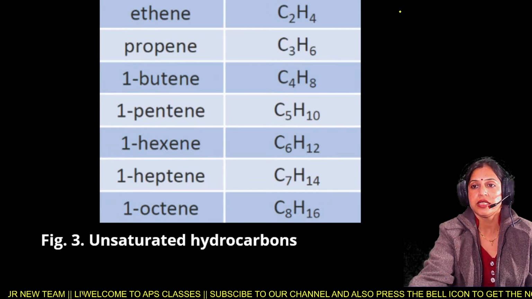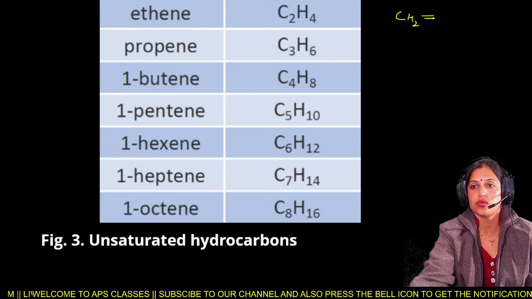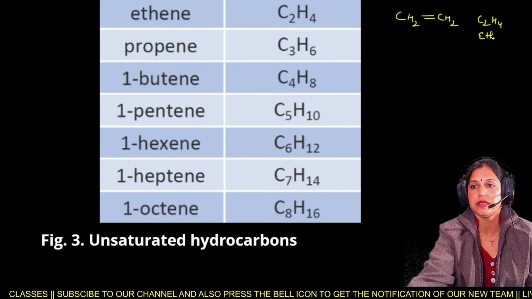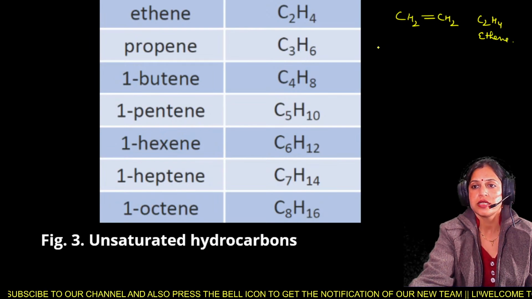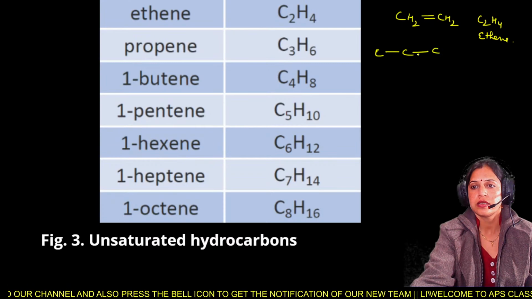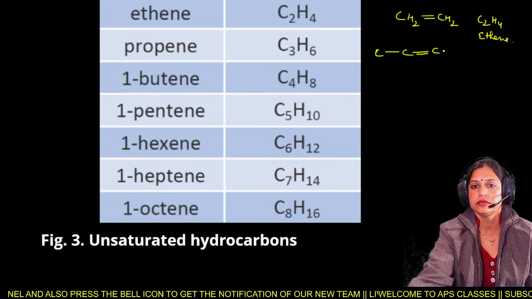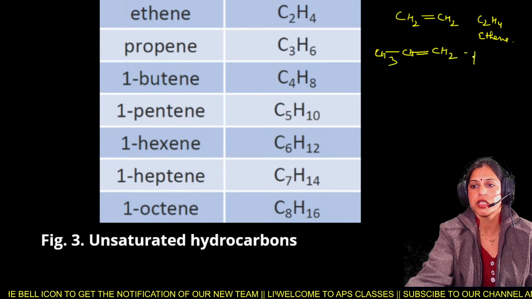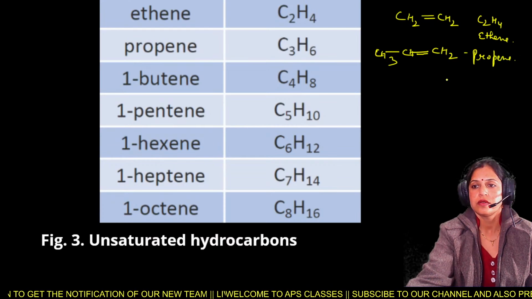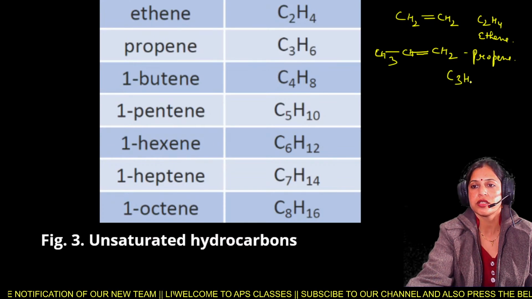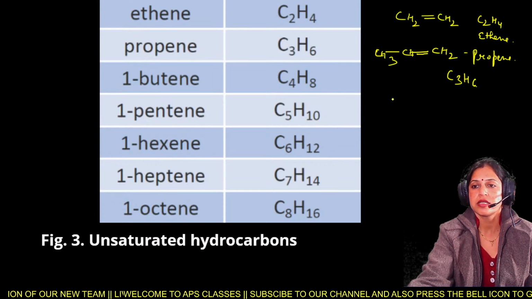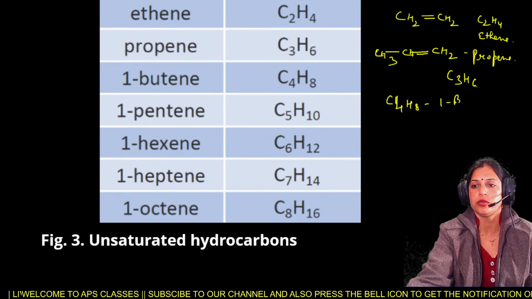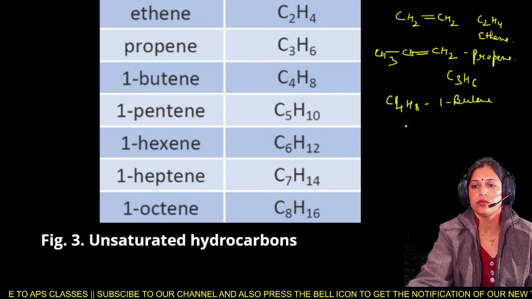One is ethene, CH2 double bond CH2, that is C2H4. This is ethene. Second one is propene. Formula is C3H6. Next is C4H8, that is 1-butene, and the formula is